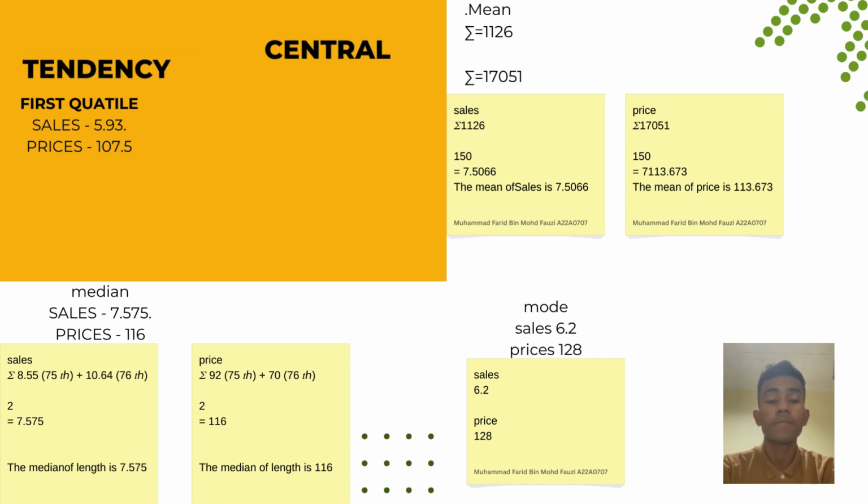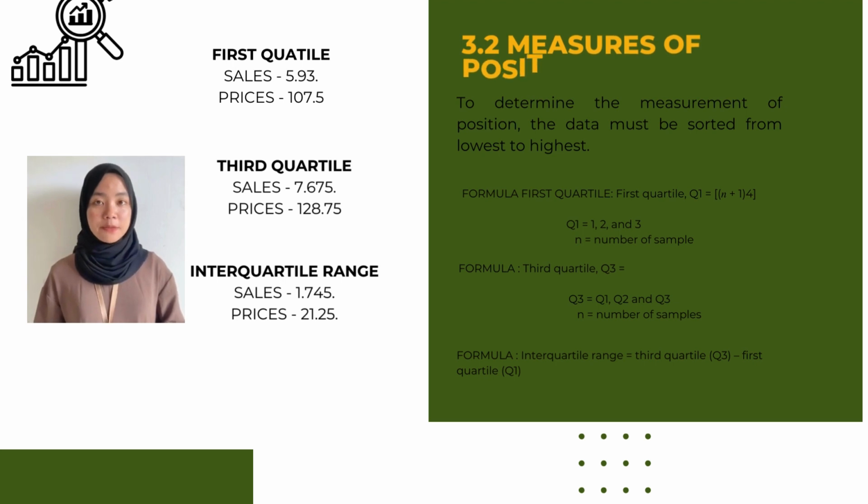Thank you. To determine the measurement of position, the data must be sorted from lowest to highest. Formula of first quartile, Q1 equals (n plus 1) divided by 4, where n equals number of samples. The first quartile of sales is about 5.93. The first quartile of price is about